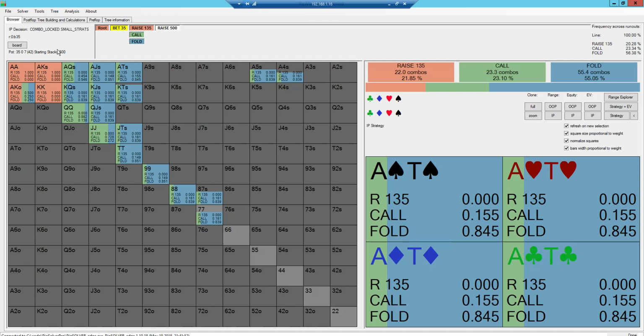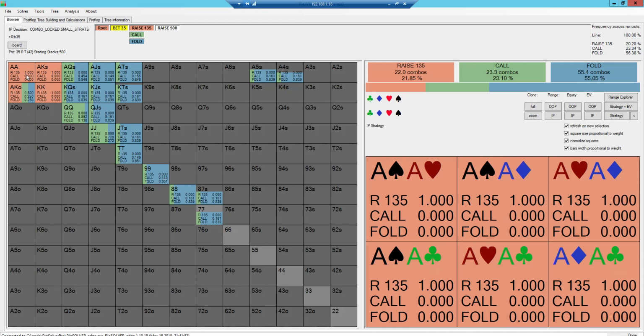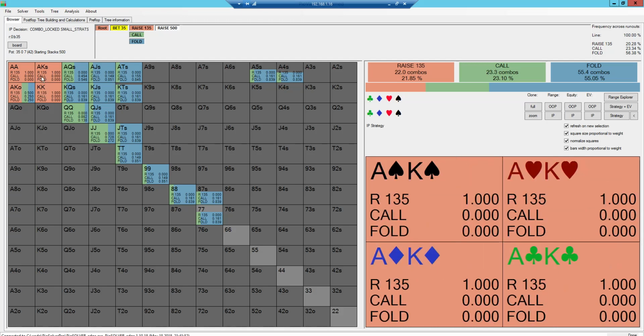Basically, the solver would go ahead and compute an equilibrium strategy, but we jump in here at a point of configuration, and we say the only option in the exact line of play that it's going to analyze is we are going to raise in position to a value of 135. Optionally, we could call or fold, but we are only raising to 135 with aces, kings, ace king suited 100%